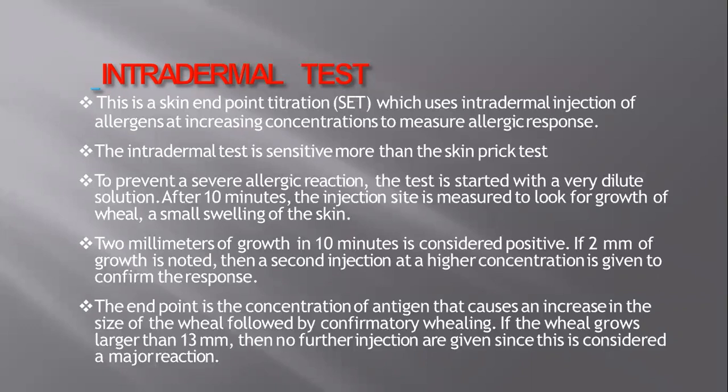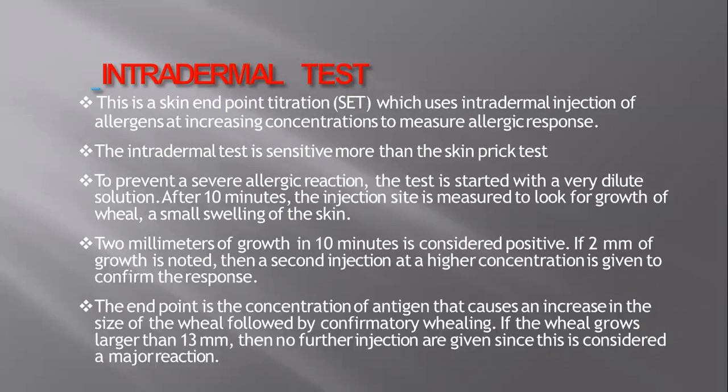Okay. Then after that, a little bit higher concentration of the allergic content will be once again intradermally introduced. After introducing the second injection, the concentration is given to find out whether the individual is having a mild, moderate, or severe allergic reaction. So the endpoint is the concentration of antigen that causes an increase in the size of the wheel followed by confirmatory healing. If the wheel grows larger than 13 mm, then no further injections are given